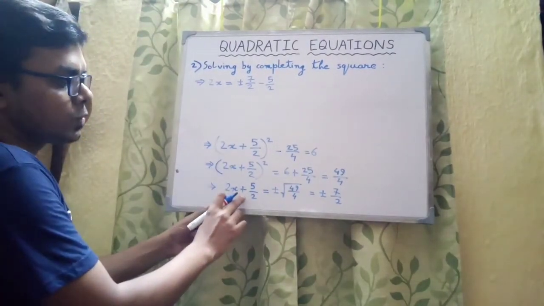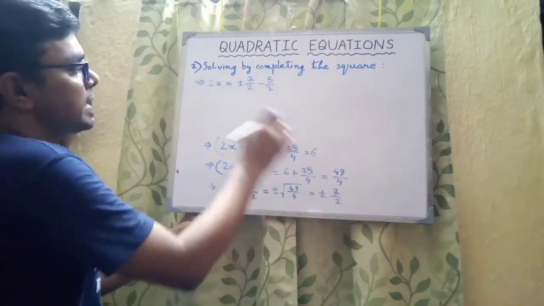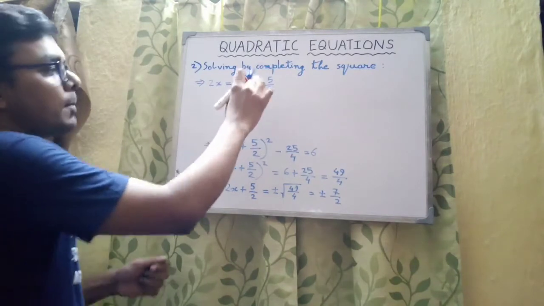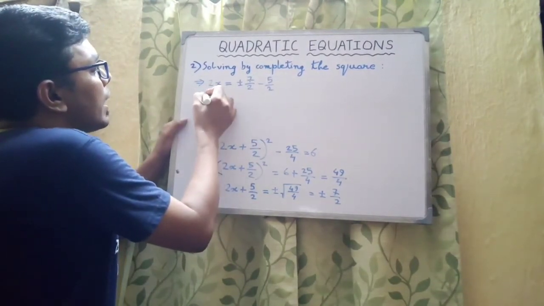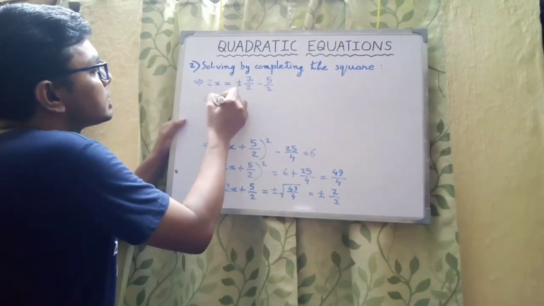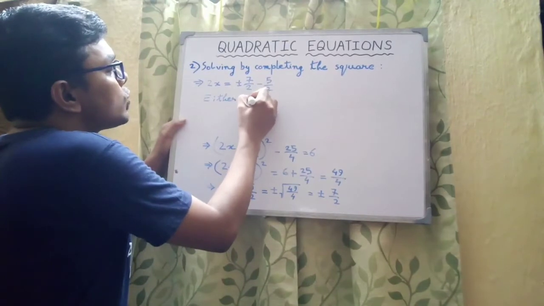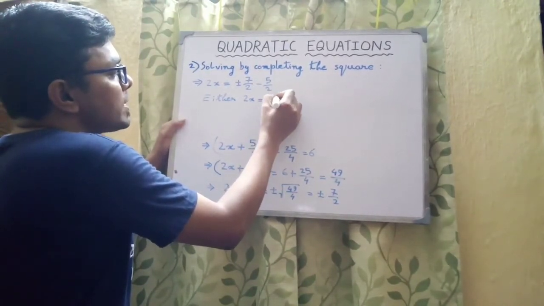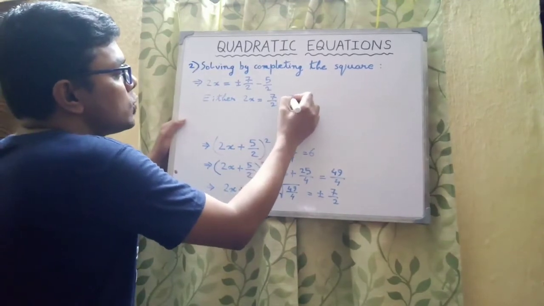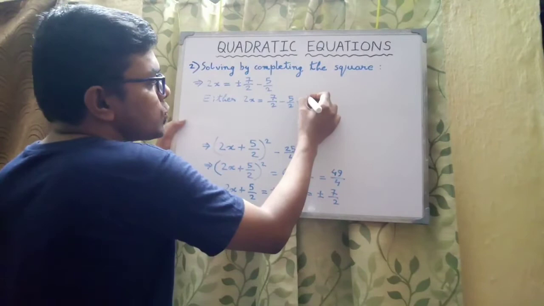We had plus 5 by 2 over here, so if we bring this plus 5 by 2 that side, so it's plus minus 7 by 2 minus 5 by 2. Either 2x equals to plus 7 by 2 minus 5 by 2, that equals to 2 by 2, that is 1,